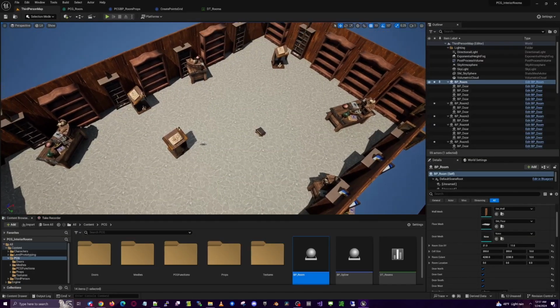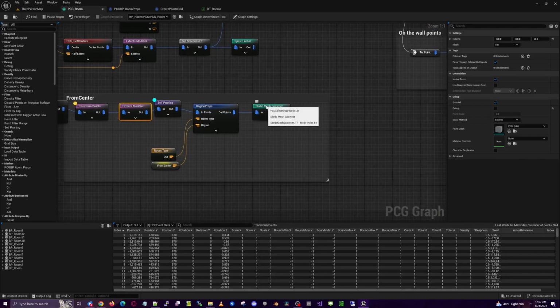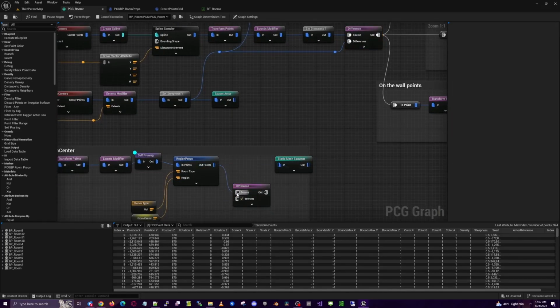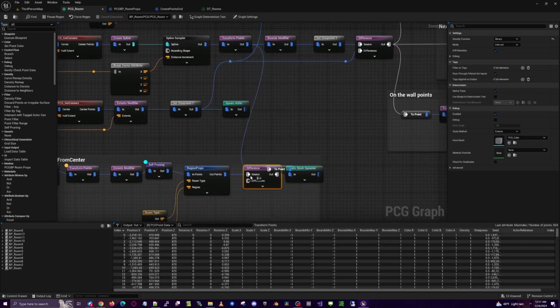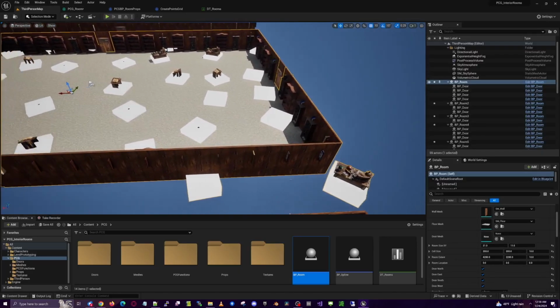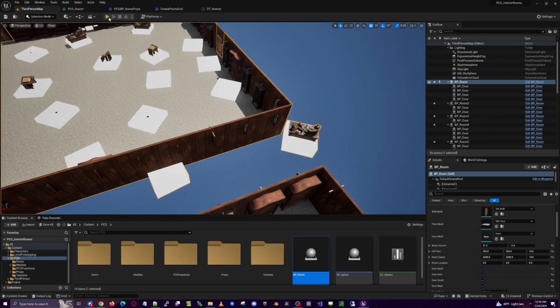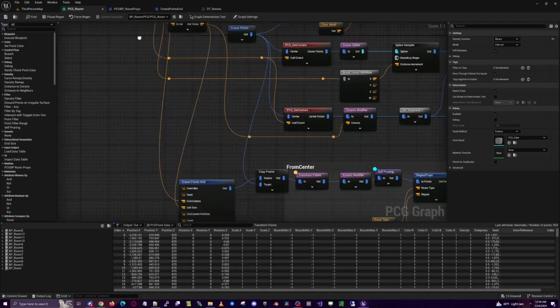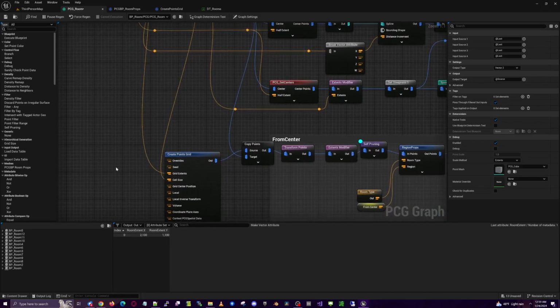And then let's use our wall points to get rid of these items that are colliding with the walls. So we'll need a difference. And we want to subtract out our wall points, which are here. We are still getting this coming outside the room, so maybe for our extent we need to modify this grid extent. Where that's coming from is up here, this make vector attribute, and if we look at that is this size here. So if we just do some math here,